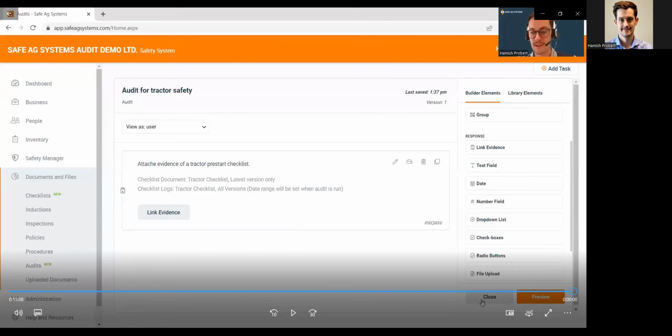Yeah, that's correct. And I think too, it's really important to remember that everything that we do at Safe Ag Systems is backed off feedback. So this is not something that's set and forget. We will always take feedback on board. So in these instances, if you think, oh, gee, this would work better, please make sure you forward that to us, because if it's something that you feel it's not as smooth as you think it should be, let us know so that we can make the development work happen in the background so that it is. Okay.